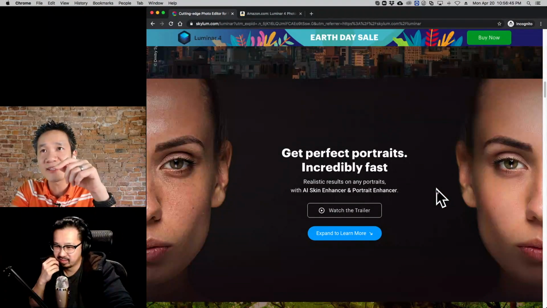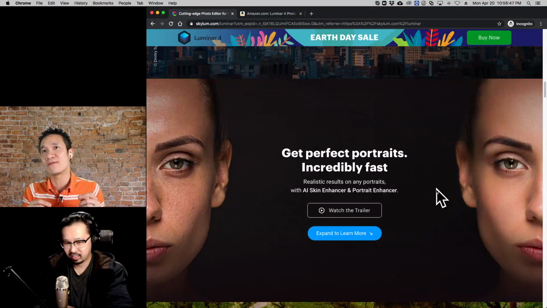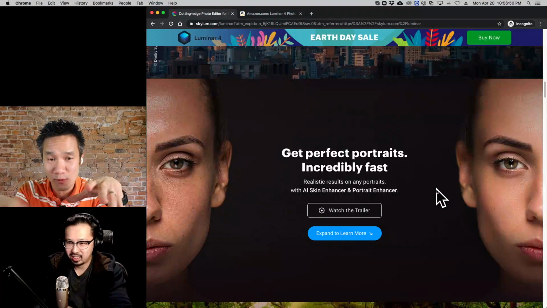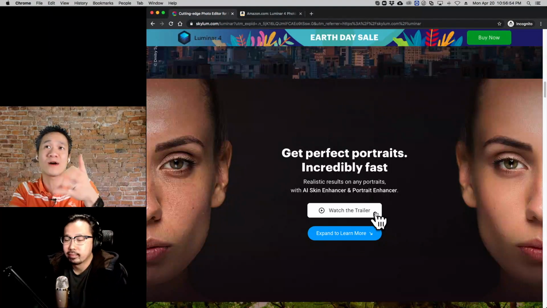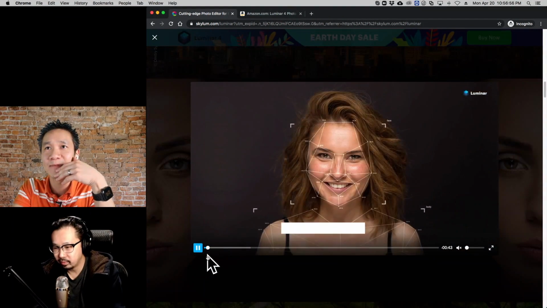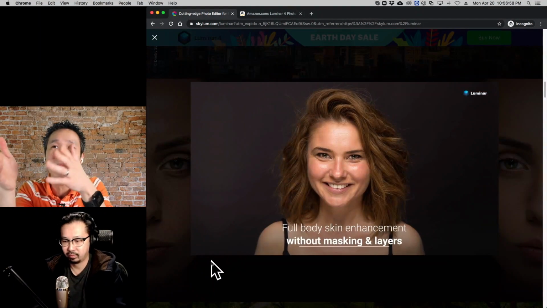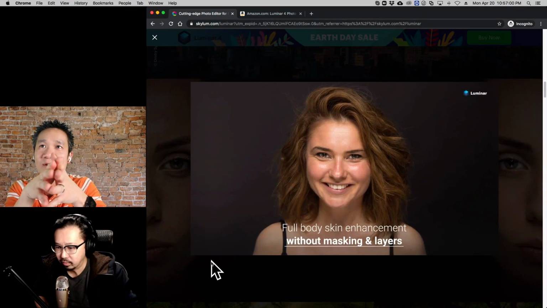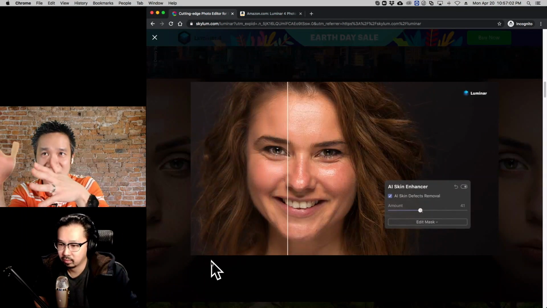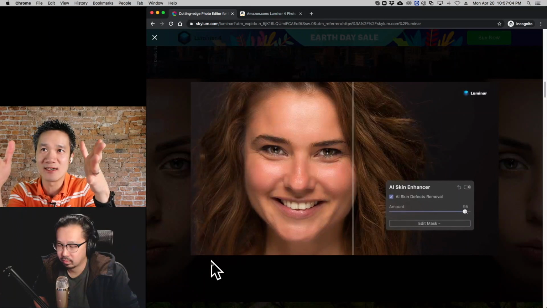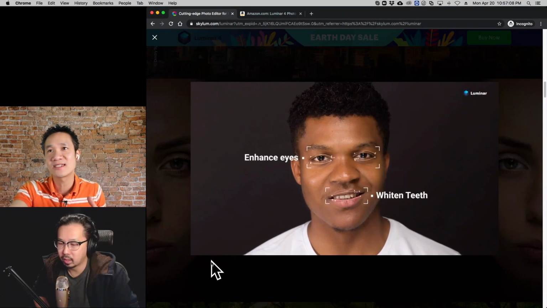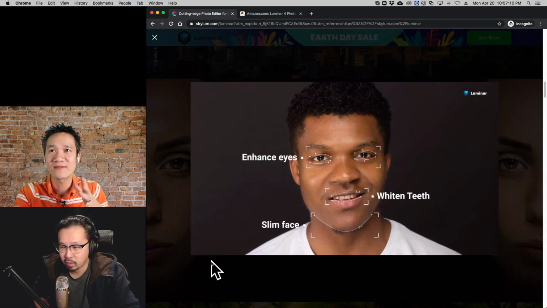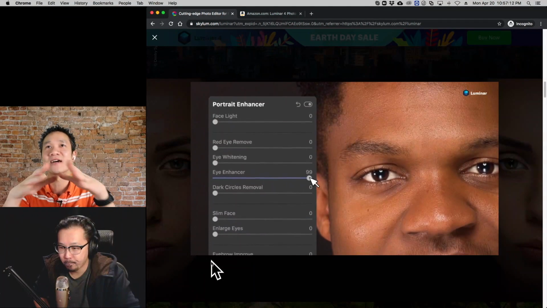And I guess one other thing that people don't realize about how great this software is, is its ability to work with portraits. It's actually a really powerful feature. We'll watch this real quick trailer. People don't realize it, but look how amazing its functionality is with portraits. With a slider, you can change the way the skin looks and remove blemishes, all at the same time without masking. You can enhance the eyes, the color of the teeth,